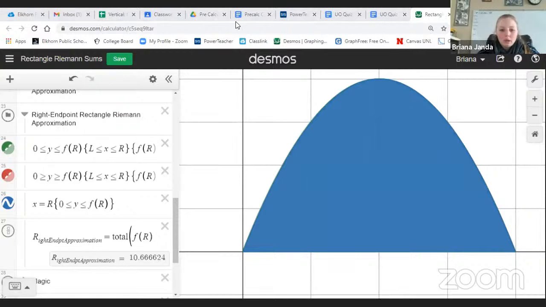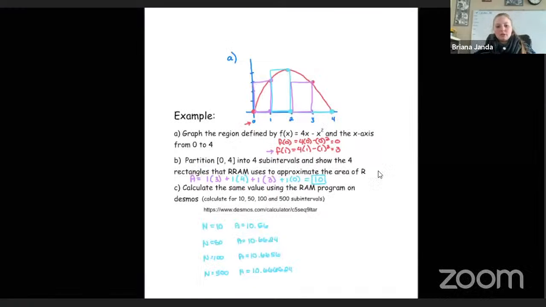So in your assignment, you are welcome to utilize that Desmos calculator on the appropriate problems. And you can see the more rectangles we have, the more exact those numbers get. Okay,